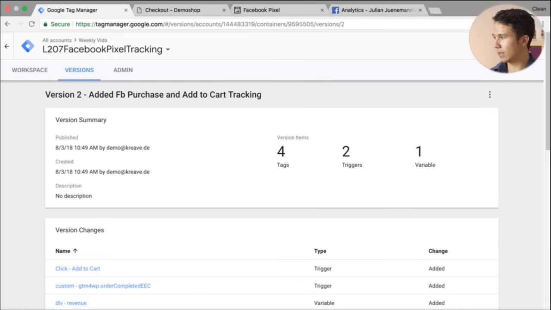All right, so there you have it. This is how you can install the Facebook tracking pixel with the help of Google Tag Manager. There is a bit more to it when you want to do more sophisticated tracking, like sending over product data so you can do product retargeting. You can also let Facebook have more data than it